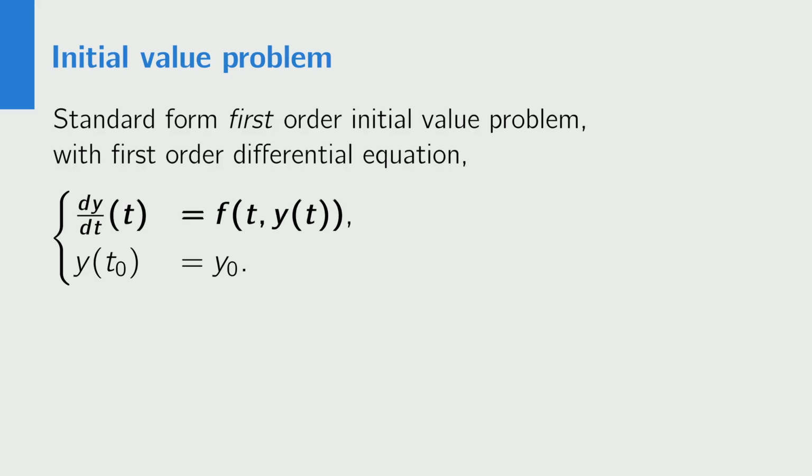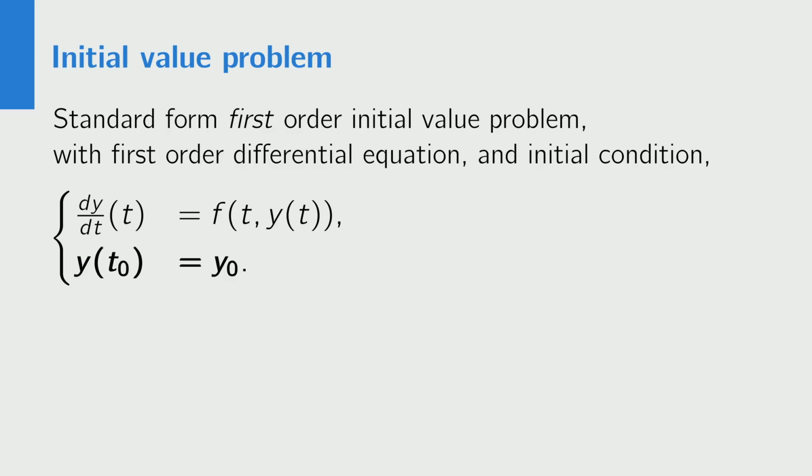The differential equation describes the derivative of y as a function f of t and y. If f is smooth, the differential equation has infinitely many solutions. The initial condition assigns a value to y at an initial point t0. The initial point is often referred to as the initial time. This is because many initial value problems describe how the variable y changes as a function of time. A differential equation along with an initial condition has a unique solution. Or, in other words, an initial value problem has a unique solution.